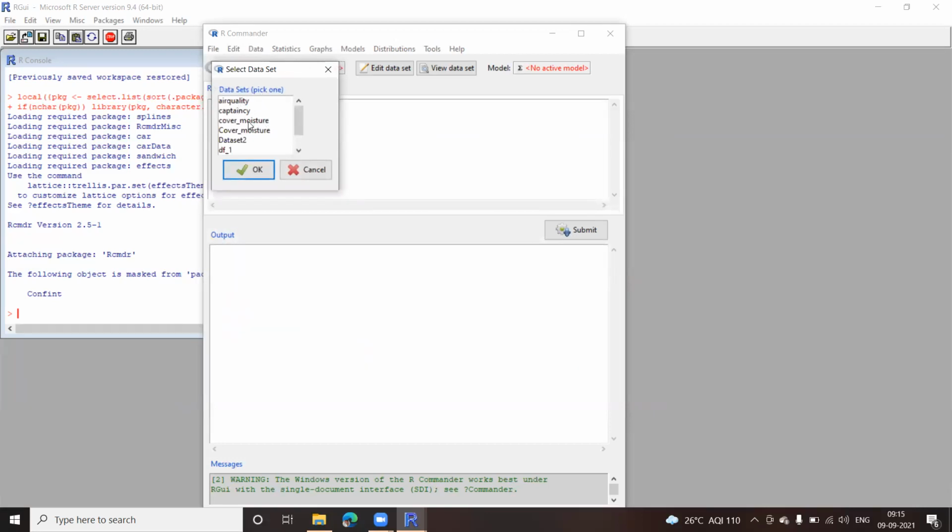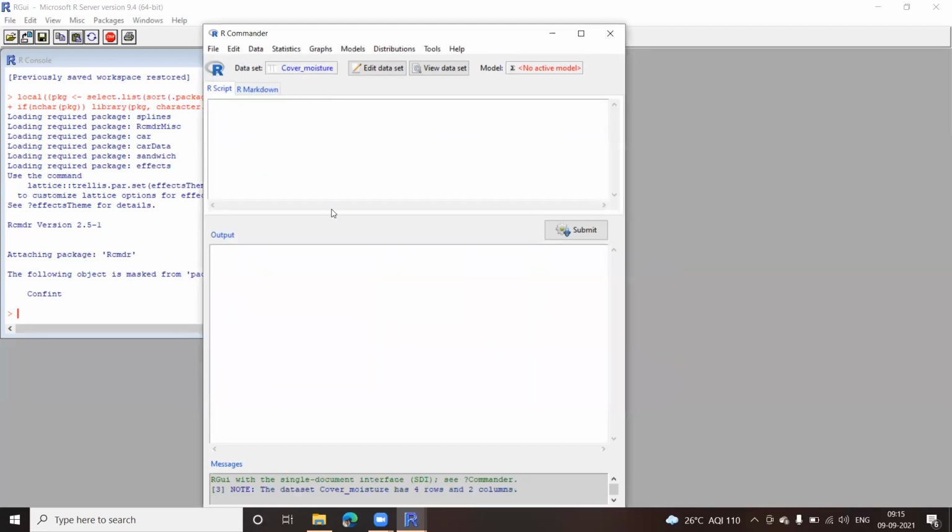So here it is, cover moisture. So I can use this one or this one, both are there. Let me click on this. Okay. Now what you can do is if you want to give a name, you can give the name and open this data set. Okay, that's a different way of doing it. Clear? Now, if I want to check what is the content in my data set which is here, I can